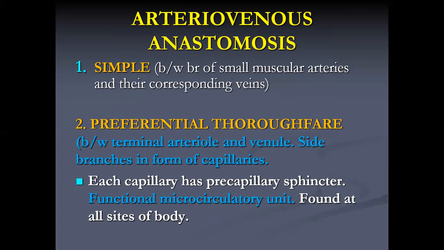These provide alternate routes for blood flow when circulation is not required through the usual route, depending upon local metabolic states. These channels are formed at almost all sites of the body. The thoroughfare channels are specialized capillaries which differ from true capillaries. True capillaries are highly sensitive to oxygen and have precapillary sphincters. In thoroughfare channels, precapillary sphincters are not present, but they have smooth muscle. The thoroughfare channels are larger.